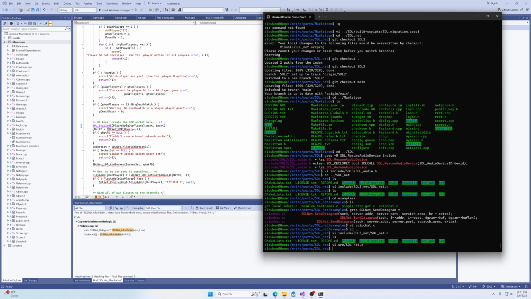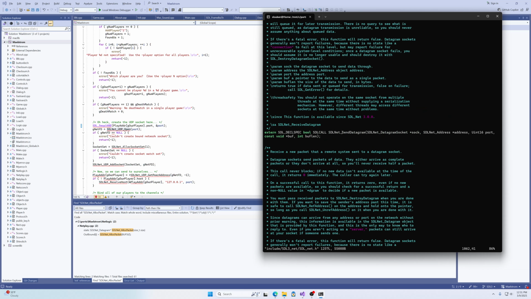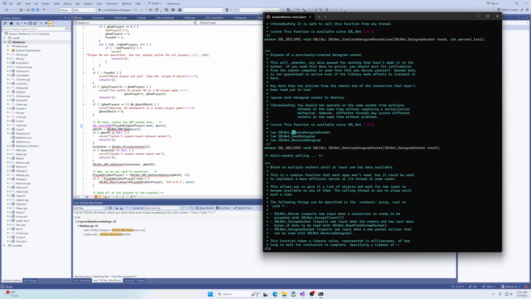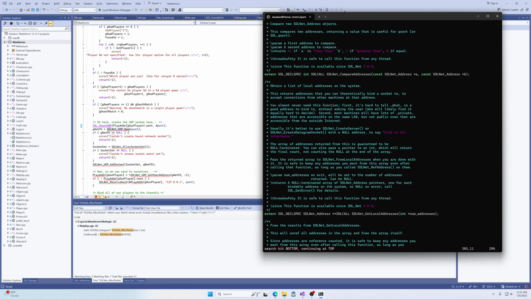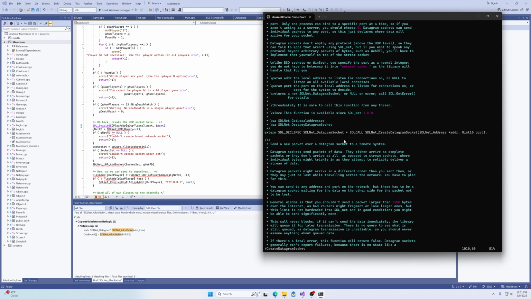Open. Let's look at the header again. Create datagram socket. Okay. So the port